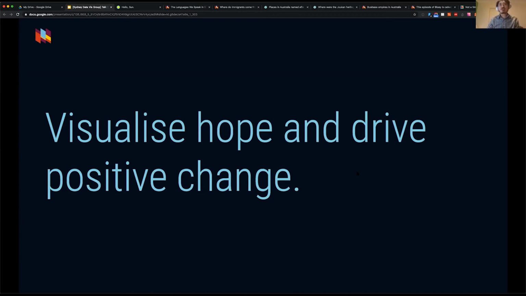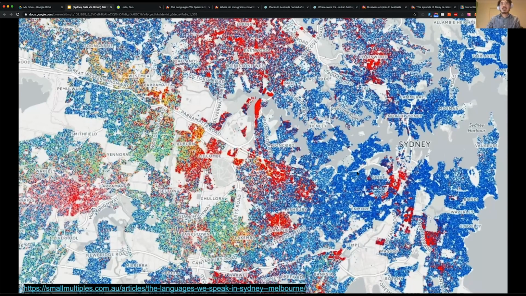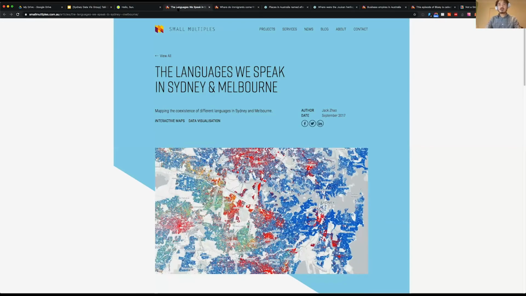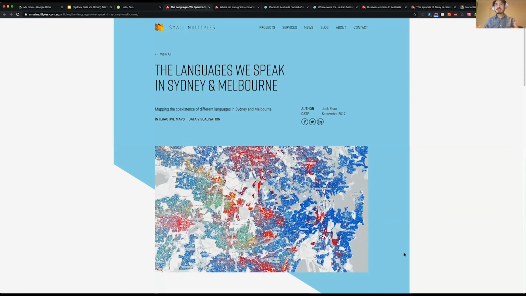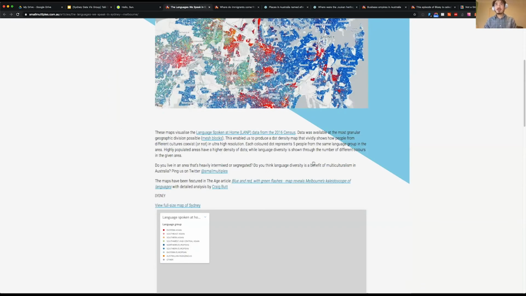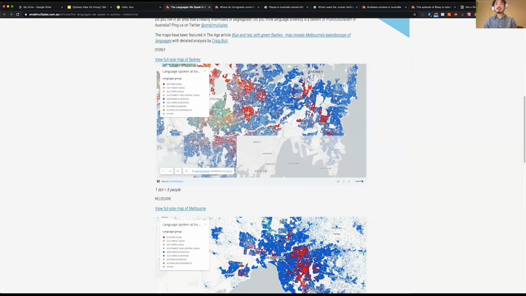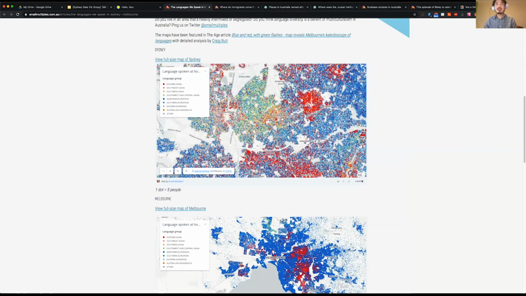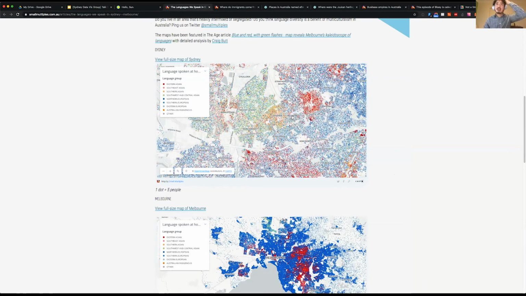But visualization can also bring hope and drive positive change through doing very simple, fun projects. So here I made a map, again with a similar method. Each dot is a person, to look at what languages we speak. And this is important to me because compared to the earlier map, this shows the complexity within an area, how mixed people are within these areas. So if we look at Sydney, you can see Bankstown or Lakemba is very diverse, and I think that's what's good about Australia. People living in relative harmony together from different backgrounds,